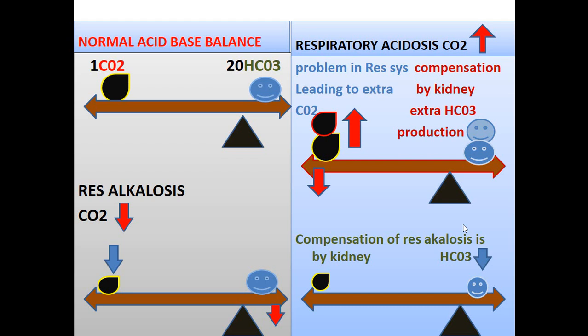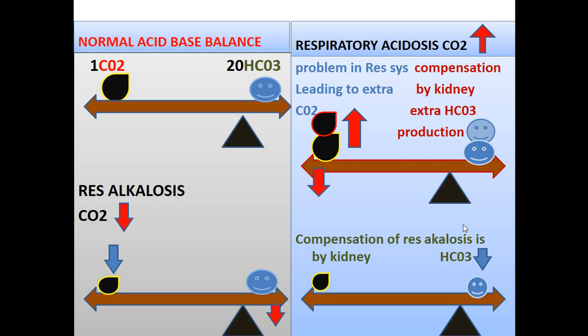So, if the problem is due to the respiration, we will name it a respiratory acidosis, or whenever there is more base, we will call it a respiratory alkalosis. Whenever the base is more, for example, someone is going to inflate more and more balloons, is removing more and more carbon dioxide from the body. Naturally, when the excess of the carbon dioxide is removed from the body, there will be a relative increase in the base in your body. It will lead to the respiratory alkalosis.